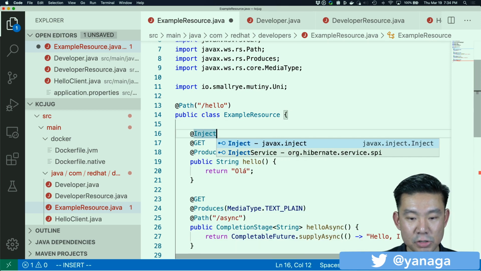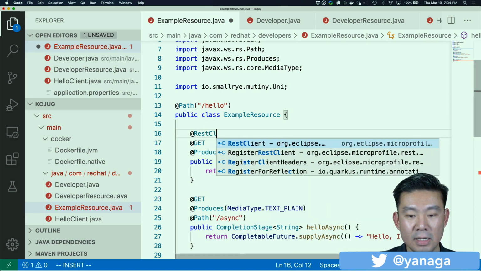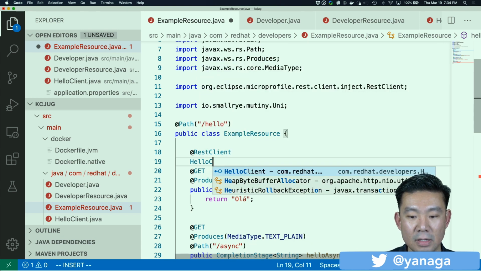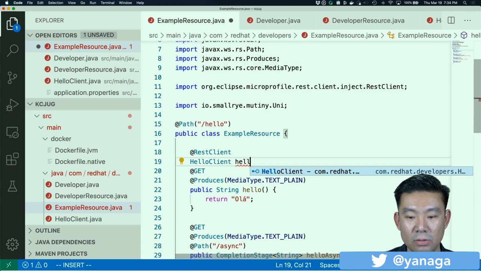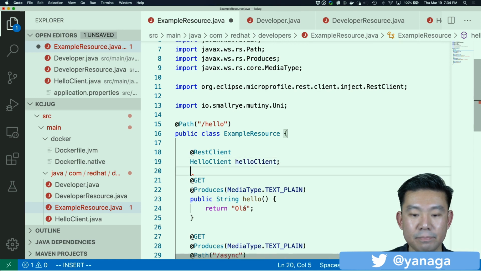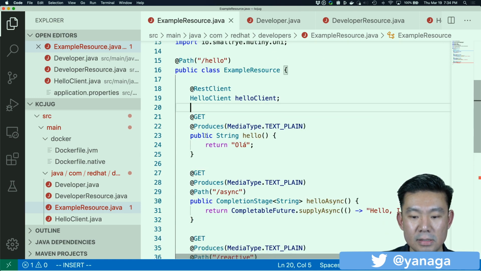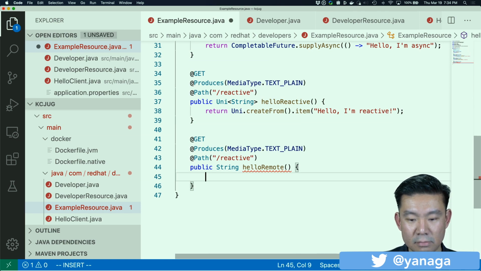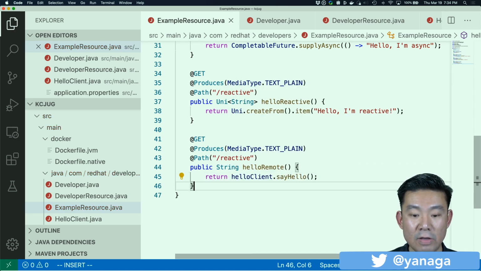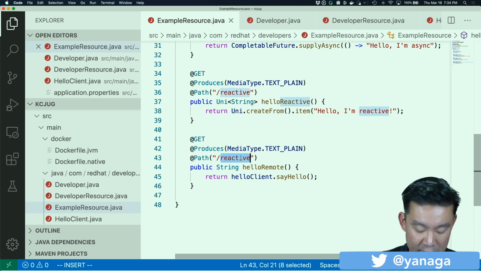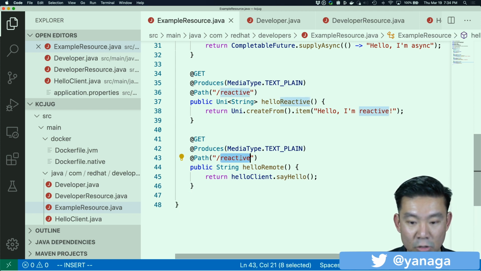Actually, I can do just @RestClient and say HelloClient, and add this dependency, helloClient. And that's it. Return helloClient.sayHello(). So I have a typed remote endpoint client. Let's just change my path here to remote.